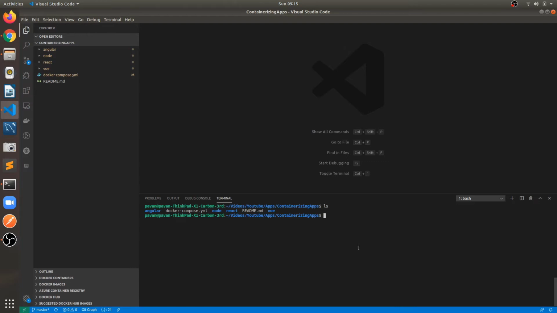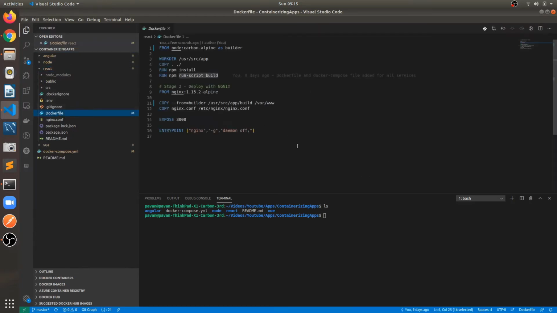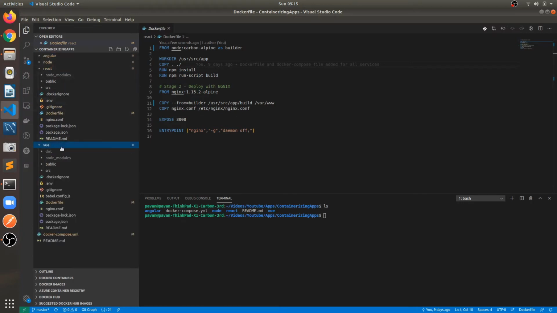For that there are some additional steps, which we will see for only one, the React application, and we can see the Dockerfile here. When we build the application, it could be React, Angular or Vue, it creates a static files folder, that could be a build folder or dist folder depending on the application. For Angular that is a dist folder, for React a build folder, and for Vue a dist folder. These are the folders where static files will be added once we build our application.